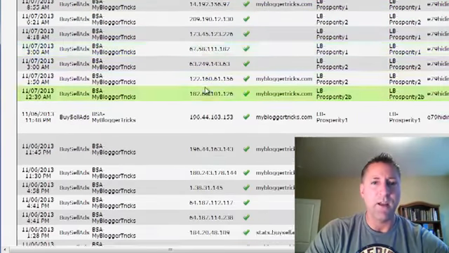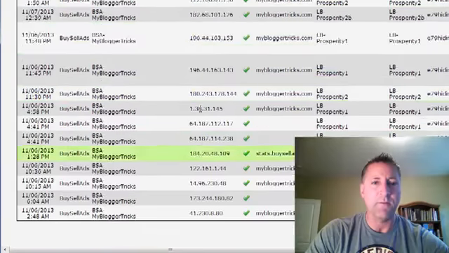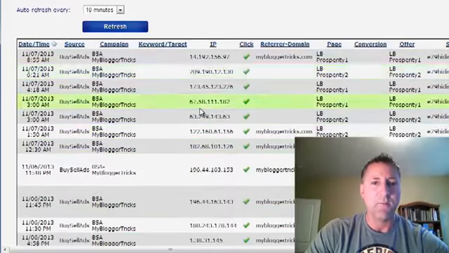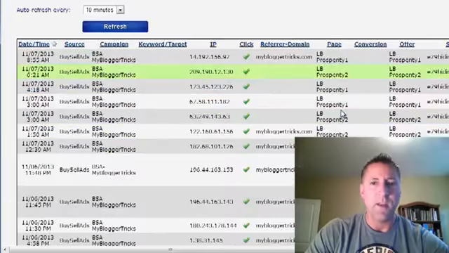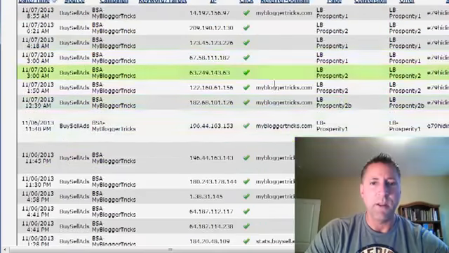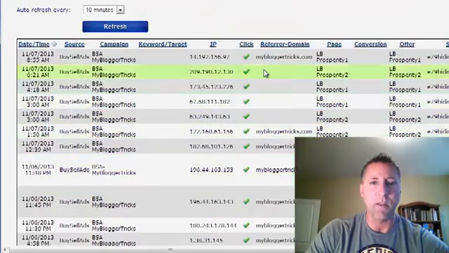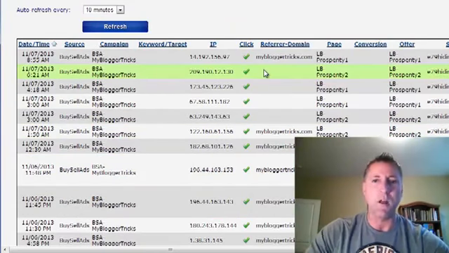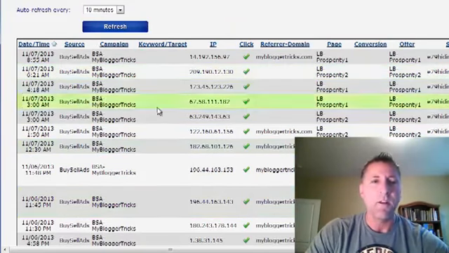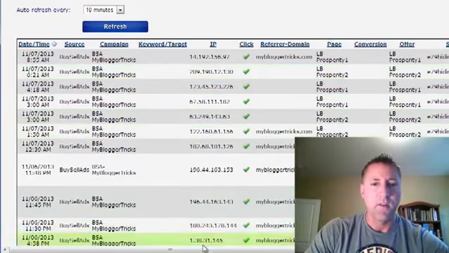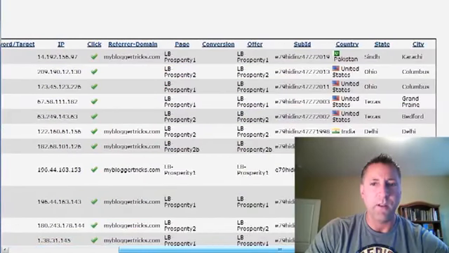And you can see here's all this. So you can see I've got a lot of different IP addresses. That's the traffic that's been coming in from this. And you can see what landing page they're going to and the referring domain. Sometimes this doesn't always populate, not a big deal. Just sometimes people are going through proxies and it blocks some of the information. But here's the most important thing. I'm going to scroll this over so you guys can see it.